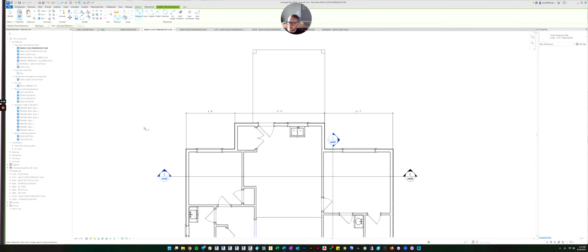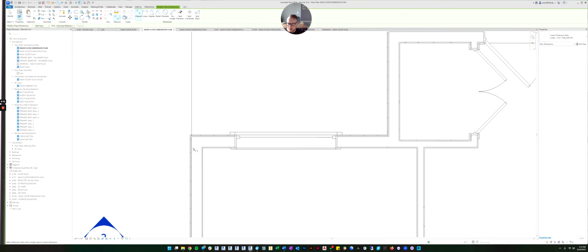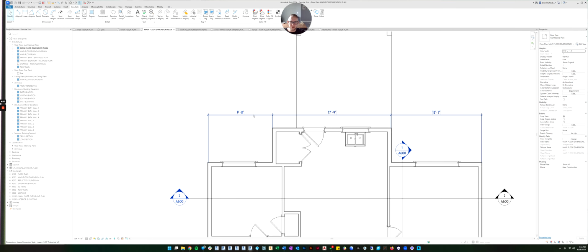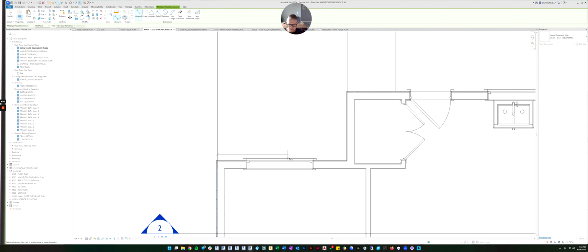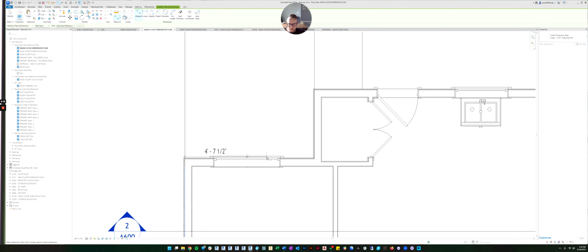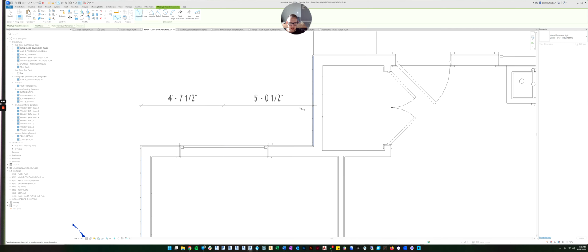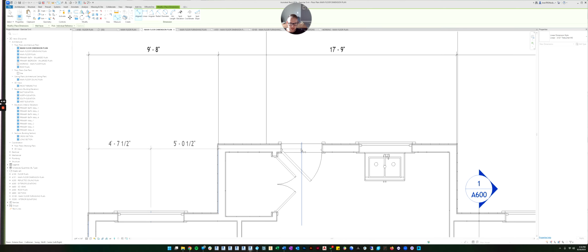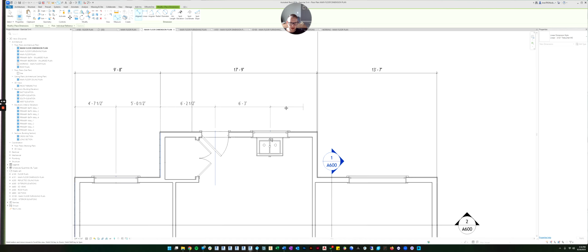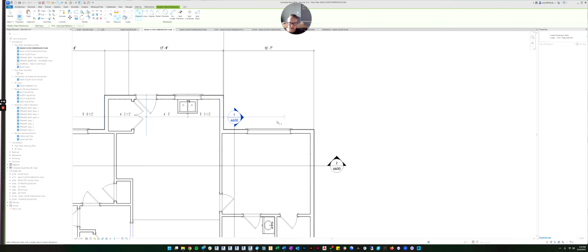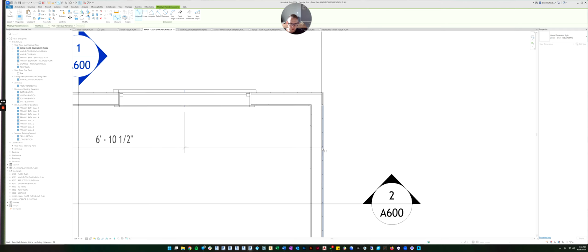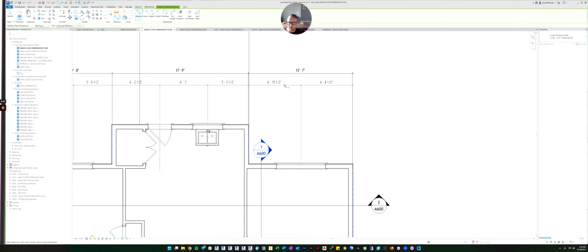Let's do the aligned dimension command. And so this we decided is our second row that we just did. We did all the jogs. So now let's do the first row. So everything. So there's the first wall, and then there's the center of the window. If you hover over the window, it'll try to snap you to the center. Then if you hover at this wall, we'll get the outside face. Then there's that door and that window. And then let's get the face there. And then this window. And then this exterior face.